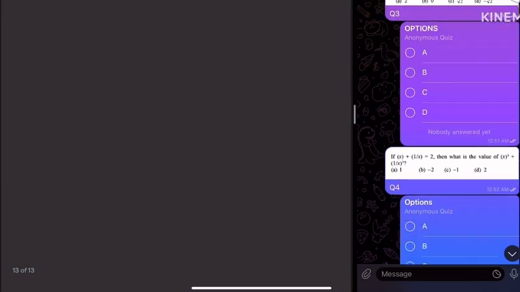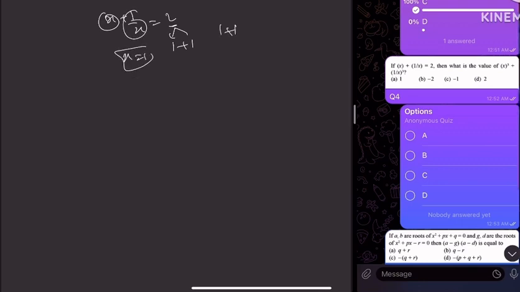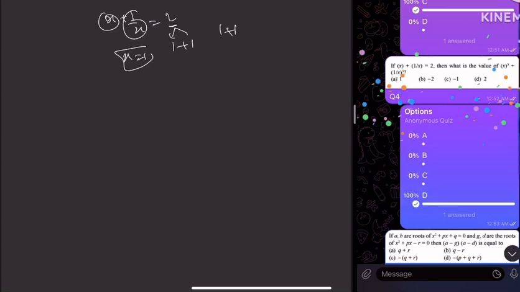Next one. Root 2 is the answer. Let me check. C, correct. This question I don't know why I have added. Very simple question it is. Okay, I have added it for a specific reason, that you don't need to cube this. You can observe this. RHS is 2. How can we break it? 1 plus 1. So we can directly write x as 1. I should not have included this question. Very easy. This is 1 plus 1, 2. 2 is the answer.